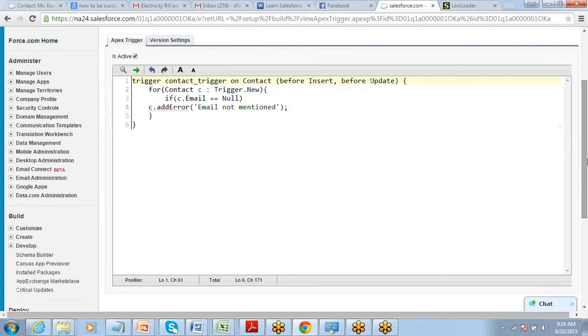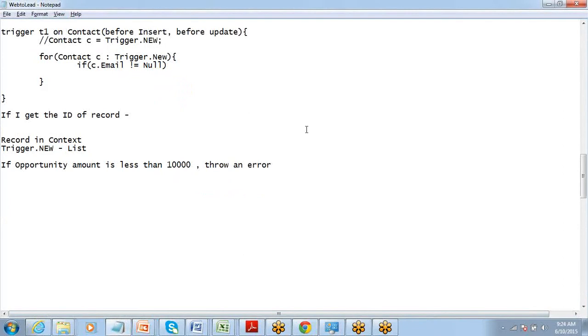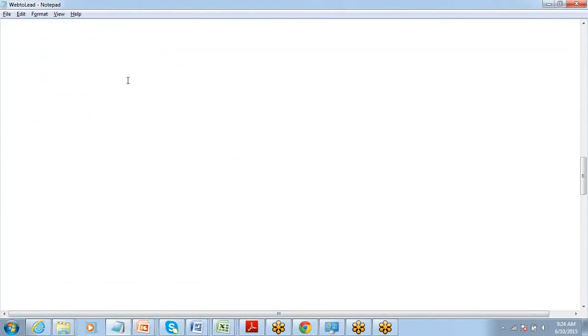Okay. So let me take the same example and go to that opportunity trigger that we just created. For opportunity, we just did an example and our logic was for a new opportunity, amount less than 10,000 should lead to an error, right?